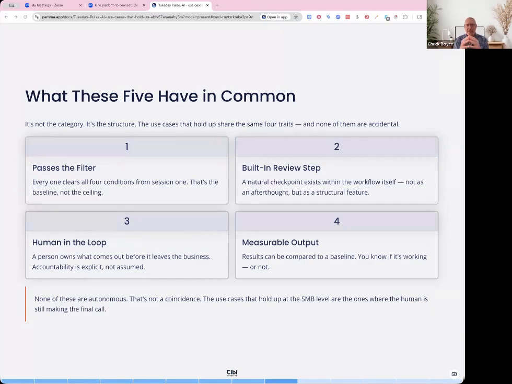And so the use cases on this list are ones that generate a lot of excitement, and they do have measurable impact on improving how quickly things can be done in a business. So they're really true time savers. And what the vendor demos won't show you is a lot of the stuff that happens. If they start getting more complex and the demos look really great, they work consistently, it's because it's been done in a controlled test environment. And so you need to also start in a controlled test environment before doing anything that touches production data. And so these are all pretty much internal steps with a human before it goes out to the client.